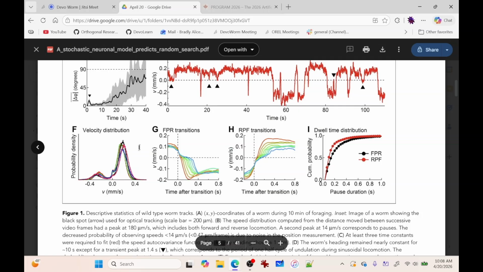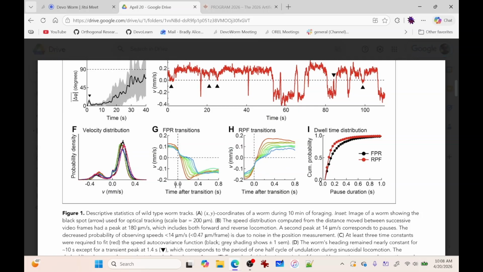And then you have these velocity distributions. It's a probability density function of the different velocity distributions. This is in millimeters per second. You have these different transitions, including the time after transition. So you're looking at different transitions and their aftermath. And then you have this dwell time distribution, which is where they measure sort of the pause or the duration